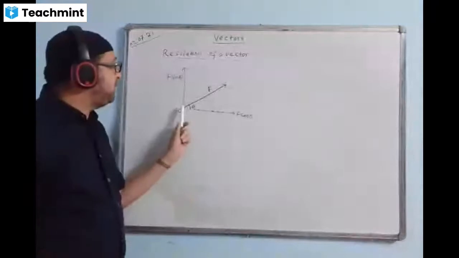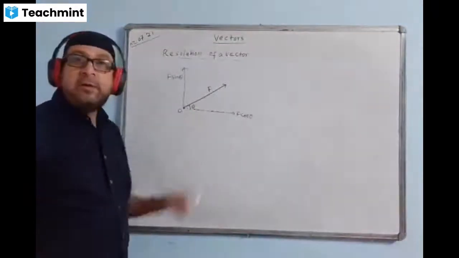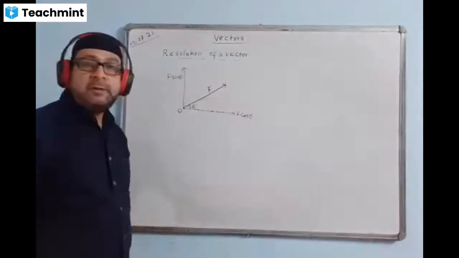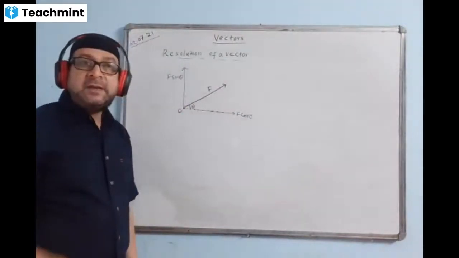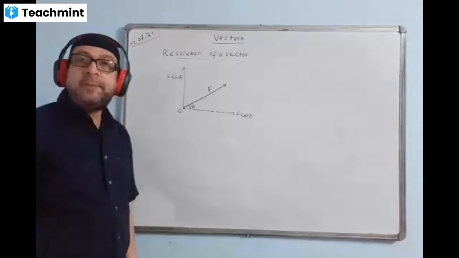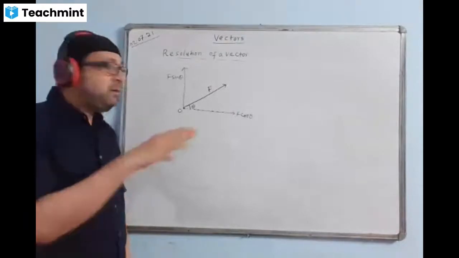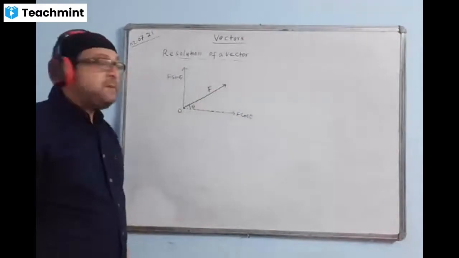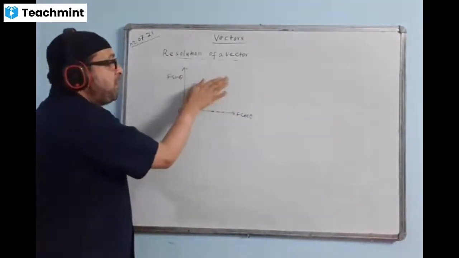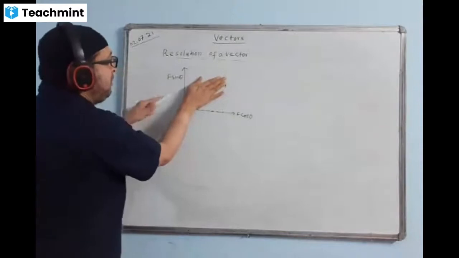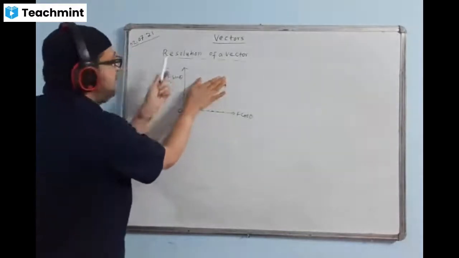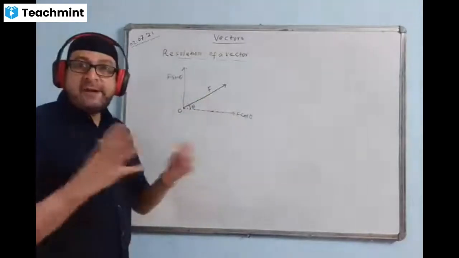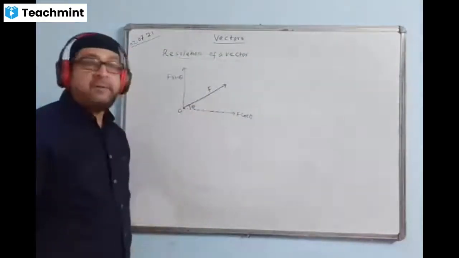This component and this component will be always perpendicular to each other. This is called horizontal component, this is called vertical component. That is, a single vector can be broken into horizontal and vertical components like this. That means this f no more exists. Now we have got two values here, one is here, one is here. If we combine these two, we'll get the answer f. If we add them by Pythagoras theorem, we'll get f.